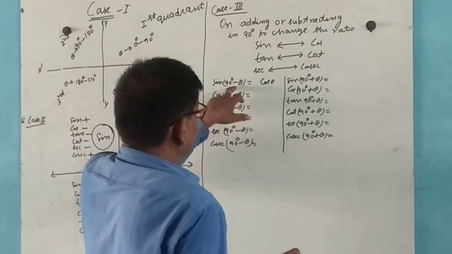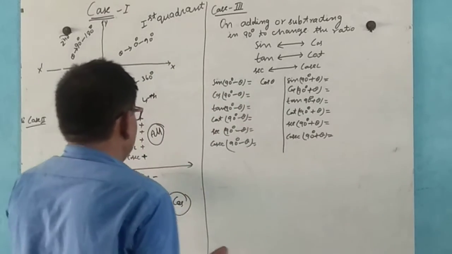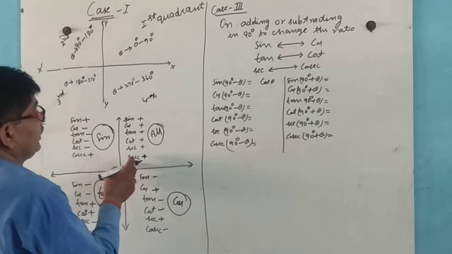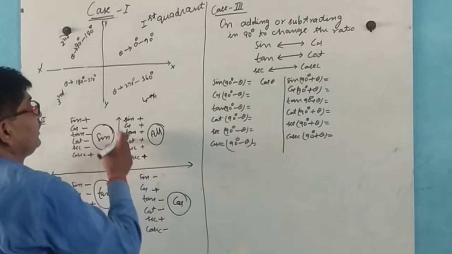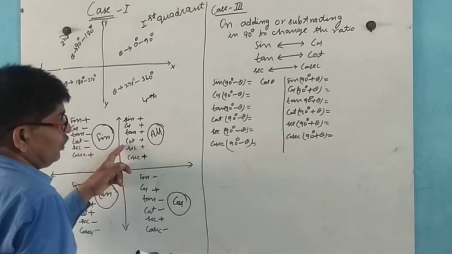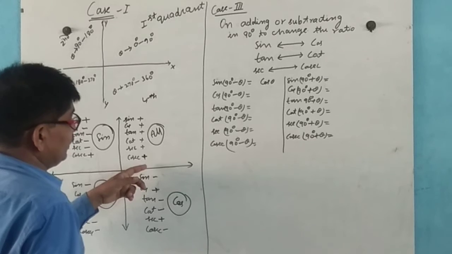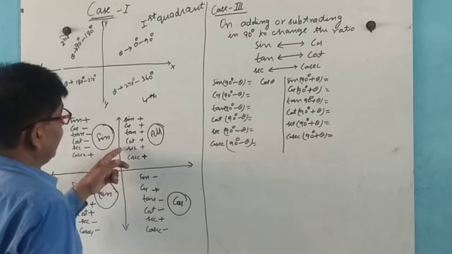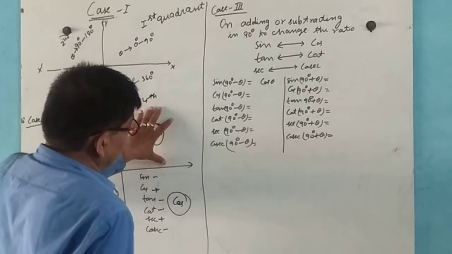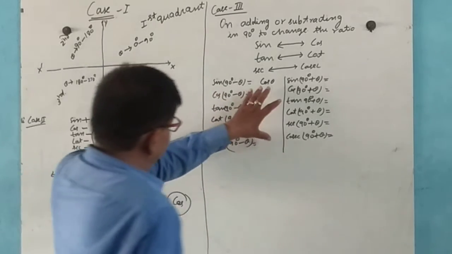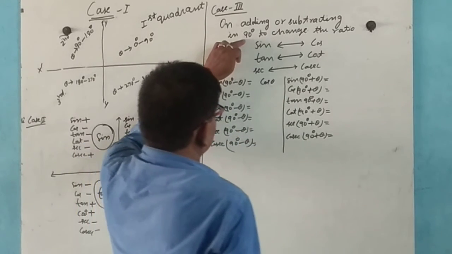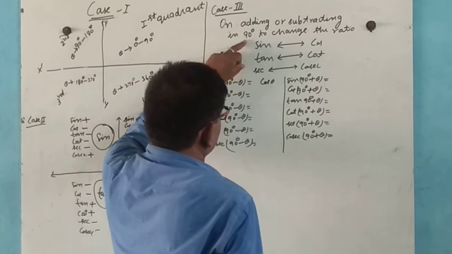And this comes 90 minus theta. It means that it exists in the first quadrant. All they exist in the first quadrant because 90 minus theta will return, so all are positive, and the ratio changes since it is subtracted from 90, so that